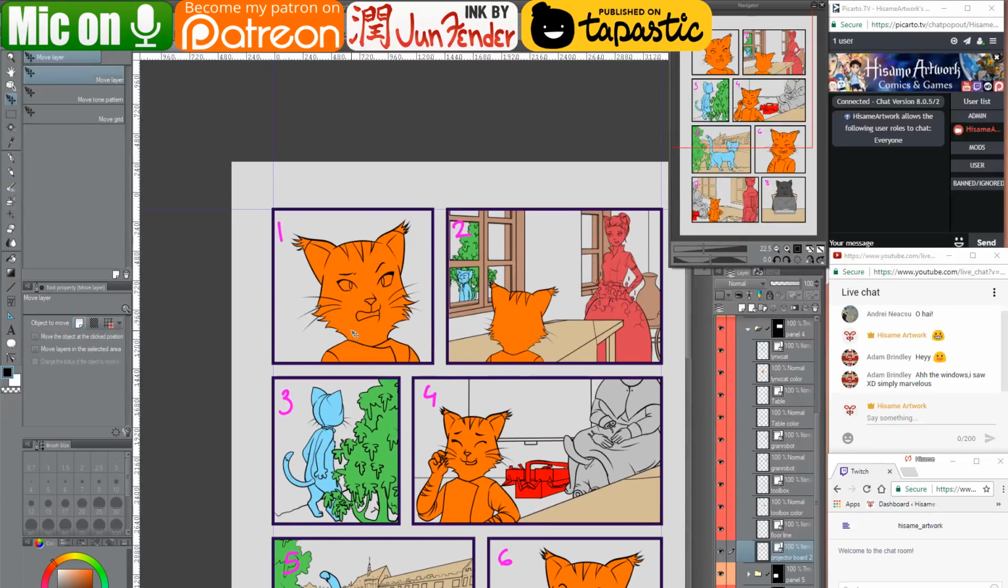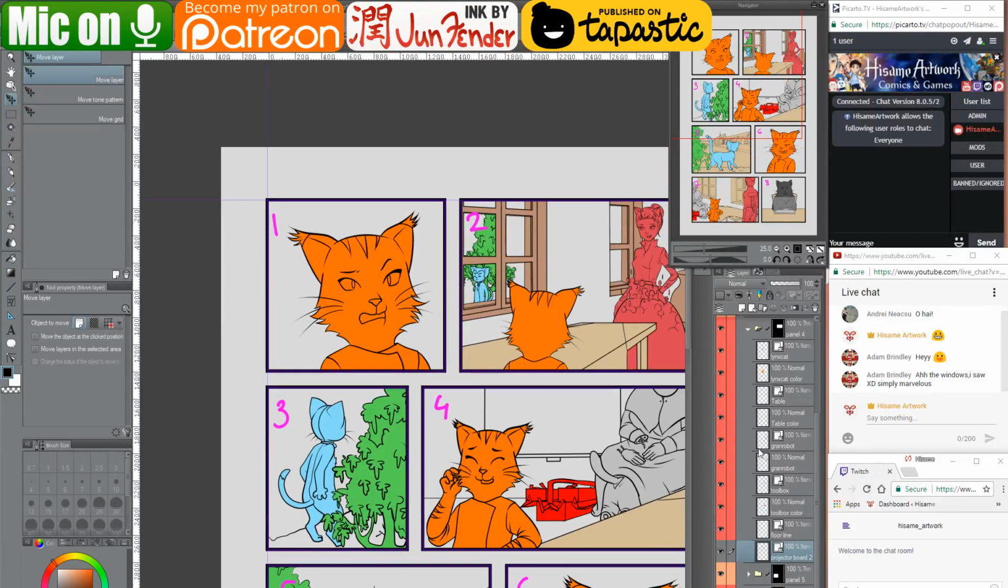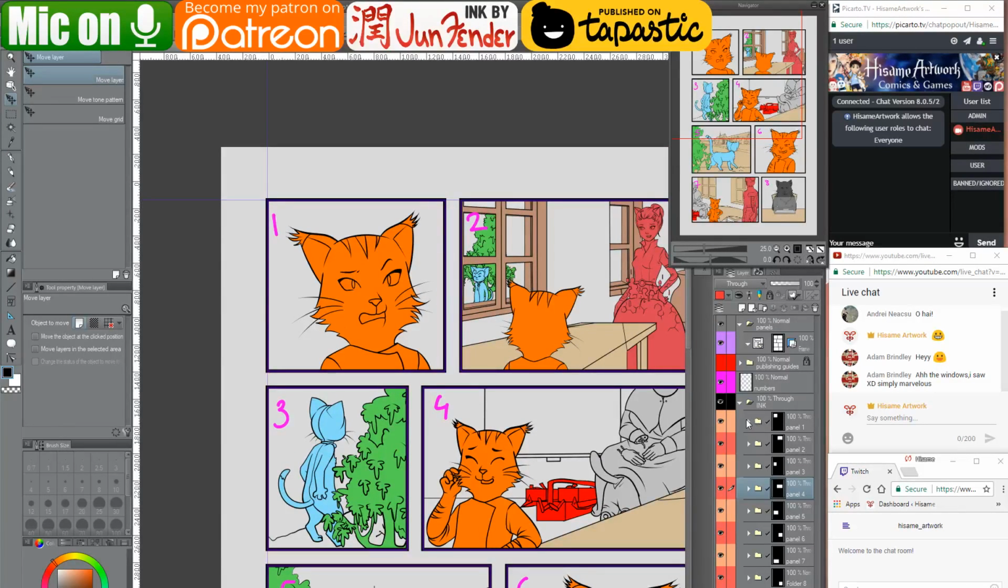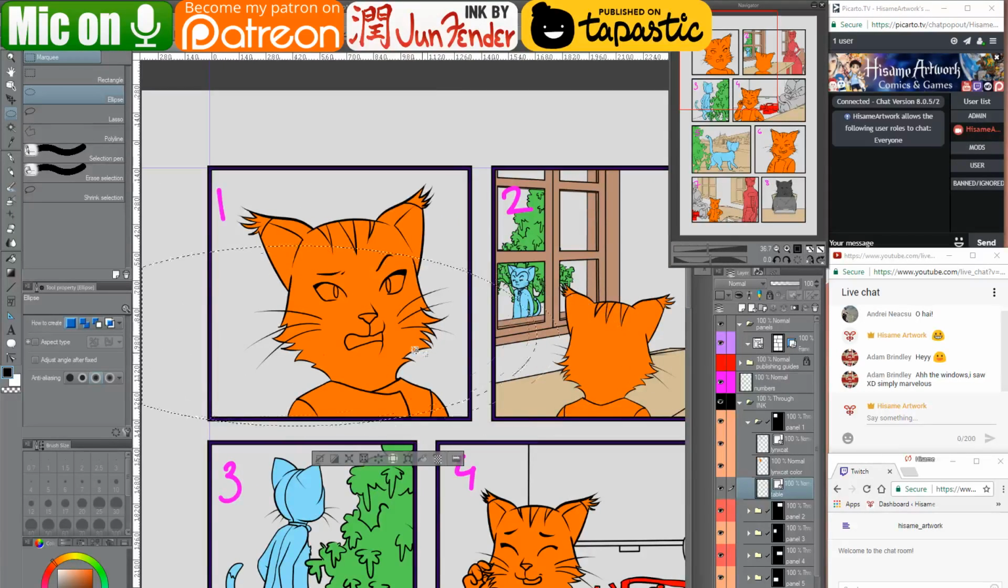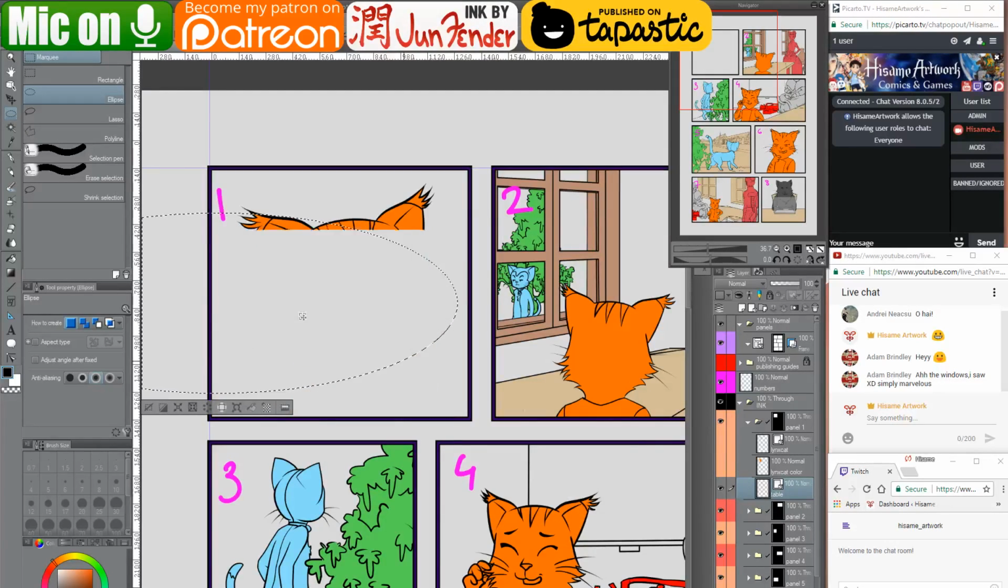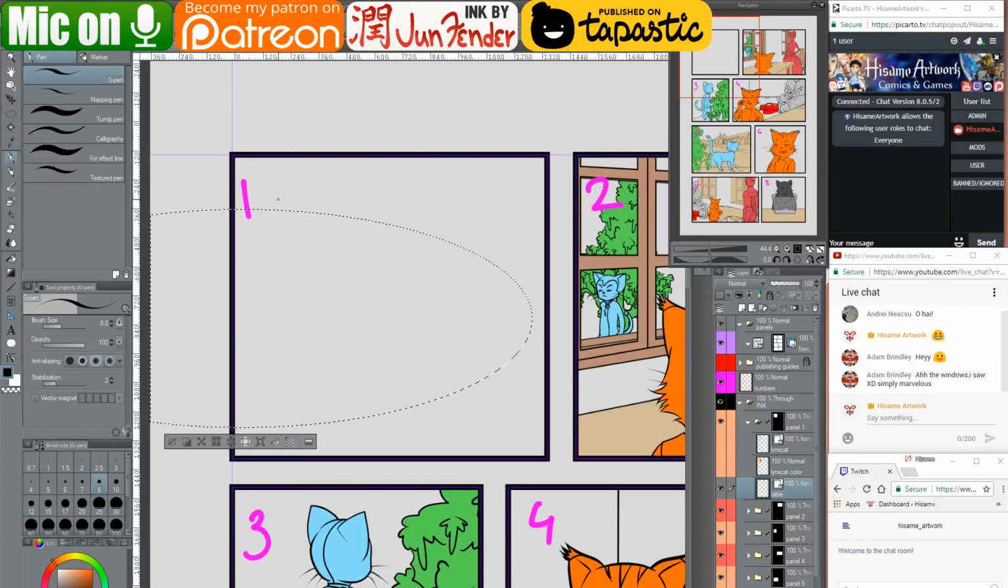Okay. And in panel 1 he should have like the table behind him and new vector layer, table. I'm gonna turn them off so I can draw. Okay, and